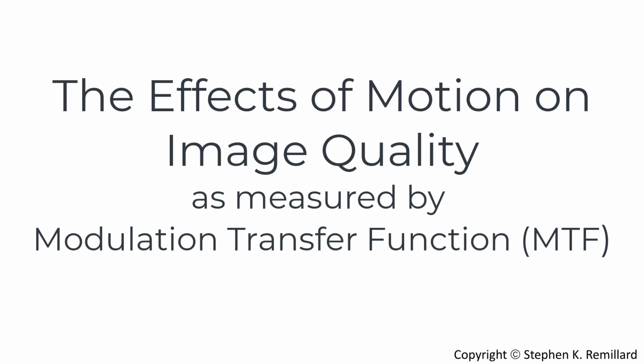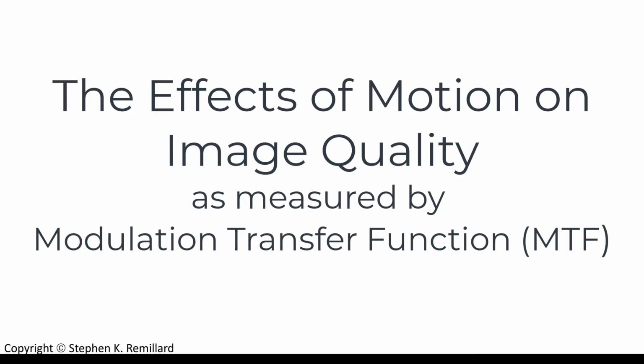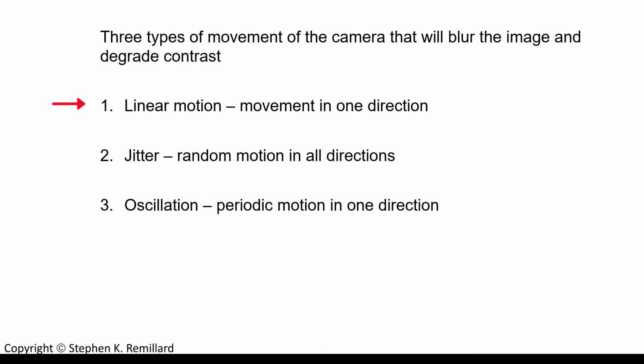I'm going to talk to you about the effect that motion has on MTF, and that motion can come in a variety of forms. There's linear motion, where the camera is moving in one direction, or there's jitter, where the camera is randomly moving in all directions with a Gaussian distribution to the amplitude of the motion. And then there's oscillation, which is like jitter, except it's in only one direction, and it's following a sinusoidal amplitude